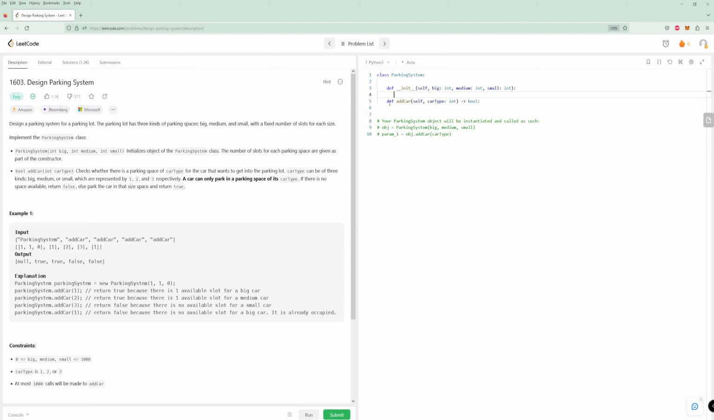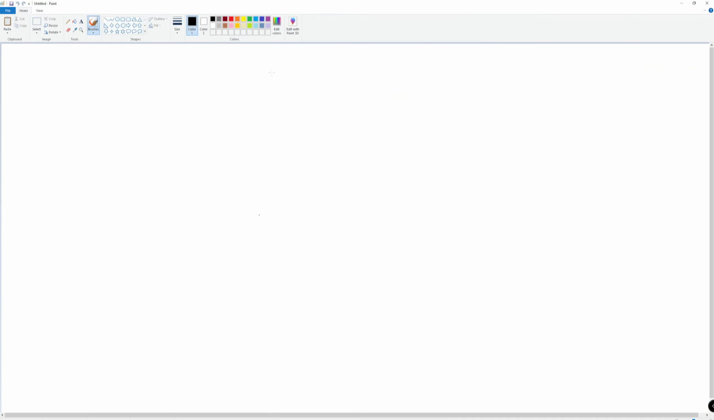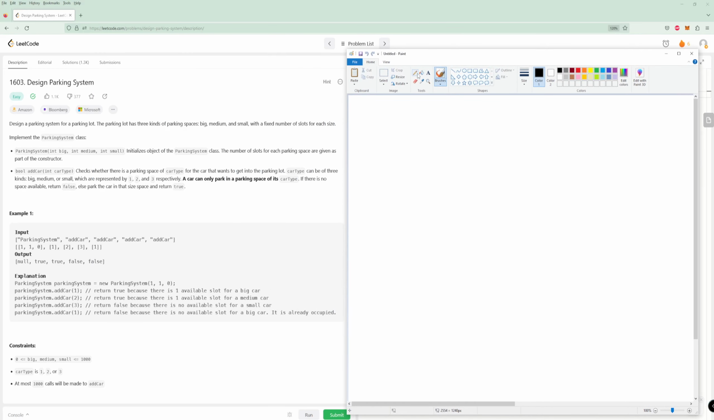So for this problem, there isn't too much about it, right? It's pretty straightforward. All we have is some variable that keeps track of how many slots we have for each kind of car. So let's say big is 1, 2 is medium, 3 is small. We have some variable, and this is going to be a dictionary. We initialize these to big, medium,